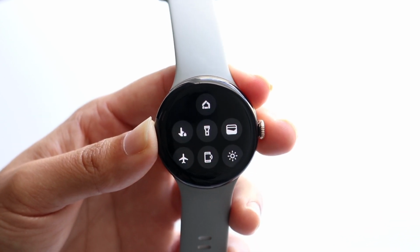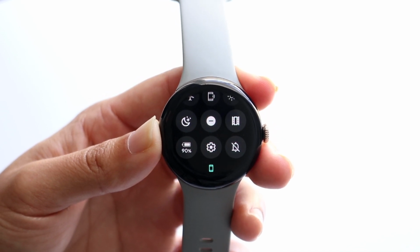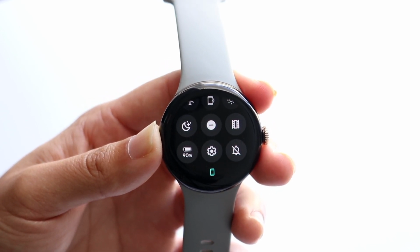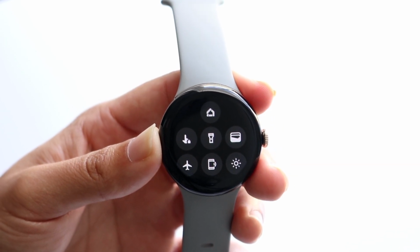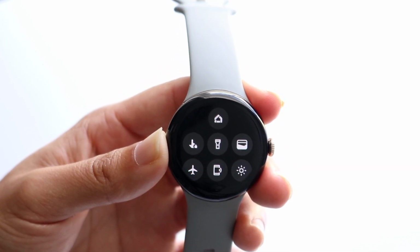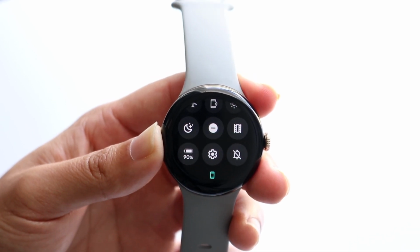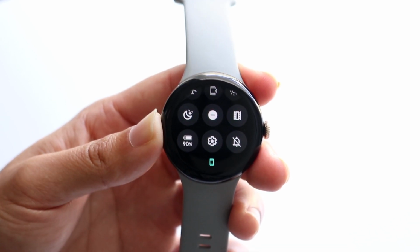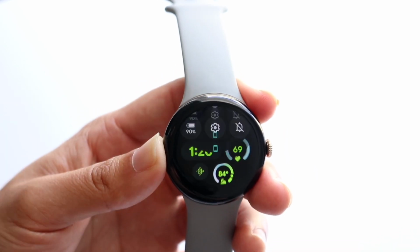So this is something that's really cool. You can see all the toggles that you basically have within your particular watch face itself. You can get access to all these toggles, the settings app, your do not disturb mode. You have a lot of different options here for the most part. And I definitely will tell you, this is a very nice looking display. You can even see if it's connected or disconnected from your phone, and you can see your battery life on your watch itself. You can click on the digital crown, or what you can do is you can swipe up